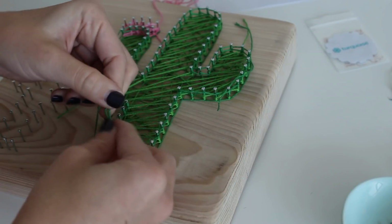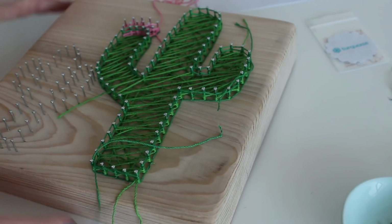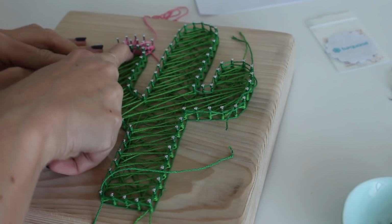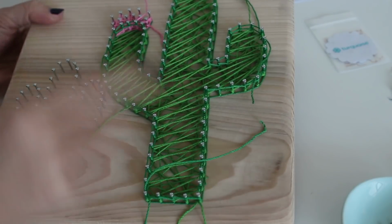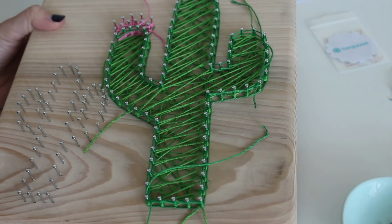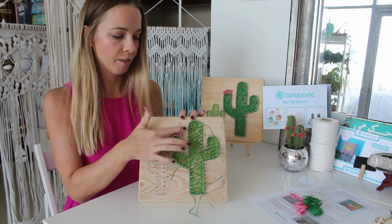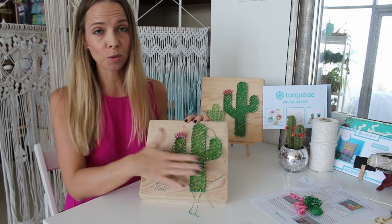The last thing I have to do on this in terms of stringing is do the same exact thing up here with the rose, because now the green outline has gone over the pink area. I just want to reassert the pink in that section and then tie it off, and then I'll show you the finished product. I've just tied off my desert rose on the top here,